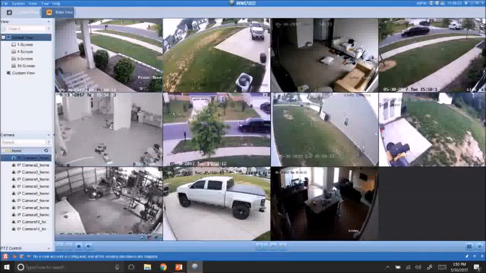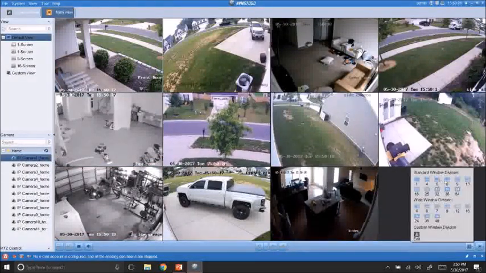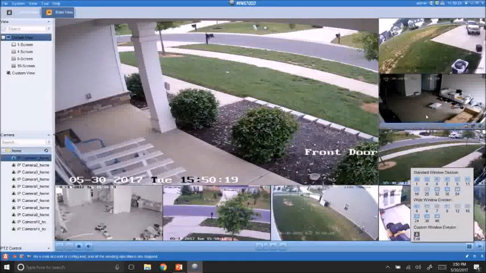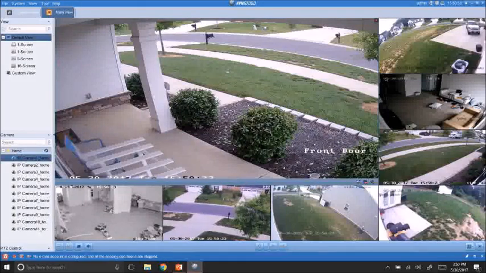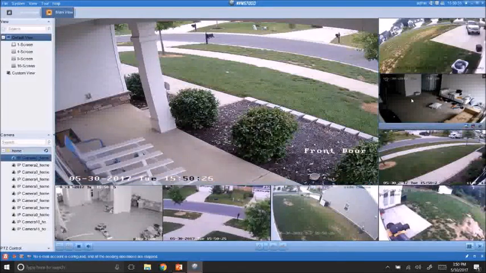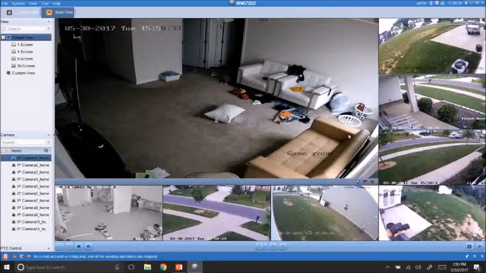All right, now you also have different views over here, so you can hit this and you have all these different views however you want to set it up. And then if you want to change these pictures, you just drag and drop, and it will switch the images over here. All right,